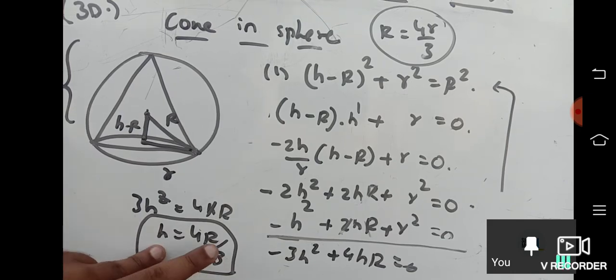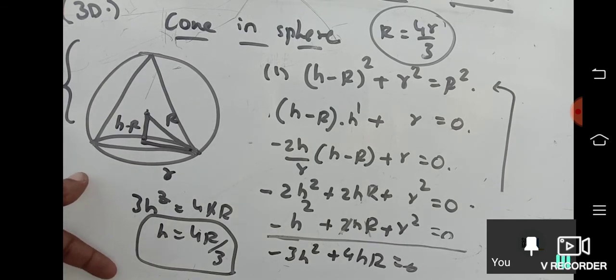They can ask the H and capital R relation. They can ask the R and smaller r relation. They can ask the H and smaller r relation also. Now these three are not different questions. Everything is the same question only. The last two or three steps will be different, that's all, nothing else. So don't think in 3D. Something is inscribed in something, there are many questions, but there are only three questions actually.